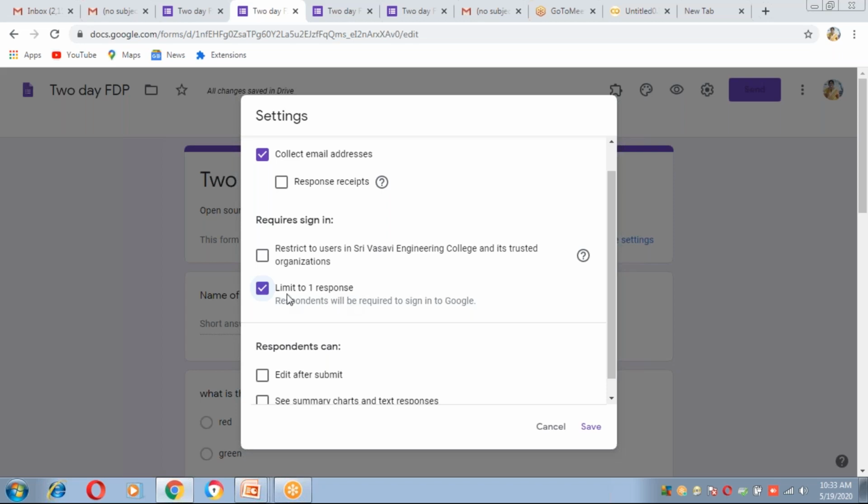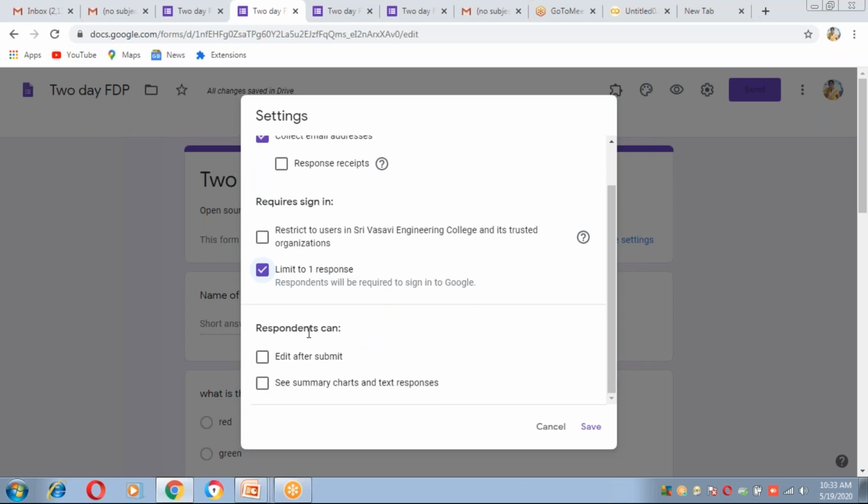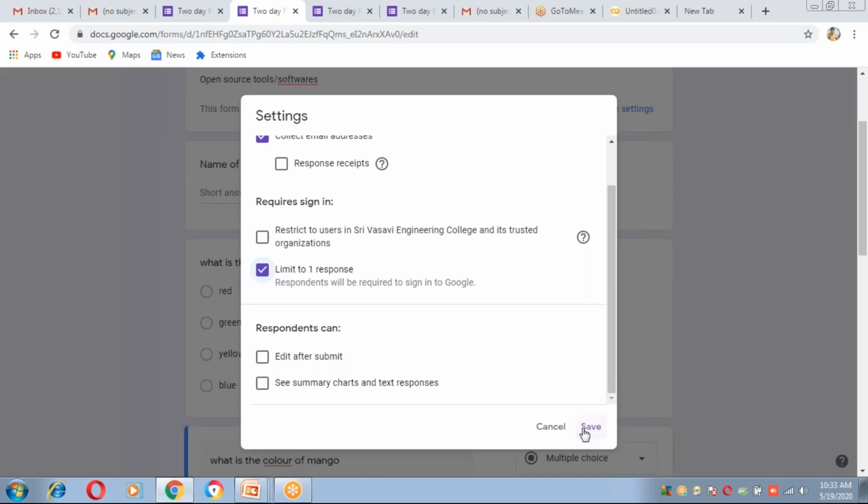And the next one, respondents can edit after submit. This button should not be clicked because after submission they should not edit. Okay, so like this, save.